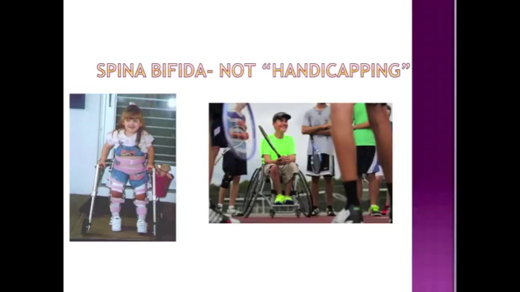Secondly is, of course, if they have bowel and bladder incontinence, then they're going to be required to be cathed throughout their life. So as infants, parents have to know how to do it. And as the children get older, they are taught how to cath themselves. So we try to make these children as independent as they possibly can be without making them handicapped,